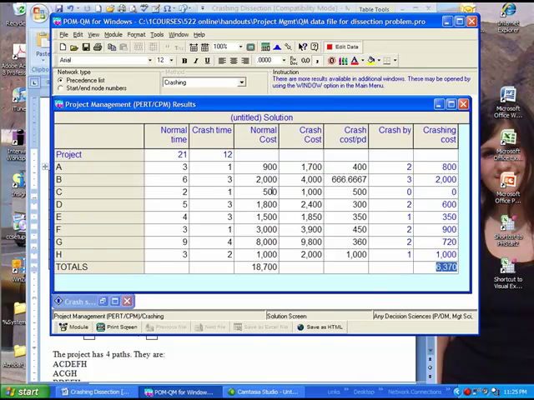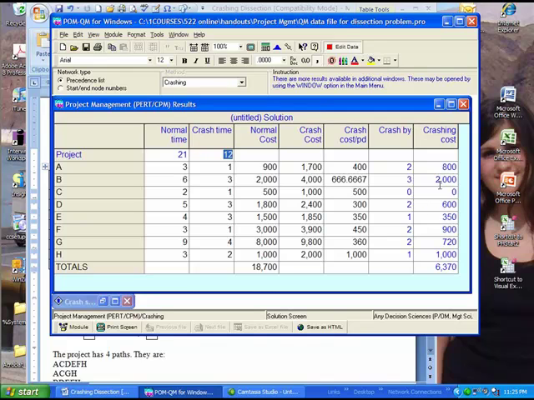Now, activity A normally can be done in 3 weeks, but I could crash it down and get it done in just 1 week. And it looks like I will need to crash it those 2 weeks, which is allowed, going from 3 to 1. That's 2 weeks of crashing allowed, and it looks like I will have to crash that activity by 2 weeks. It will cost me 2 times 400, $800 to crash activity A if I want to finish this project in